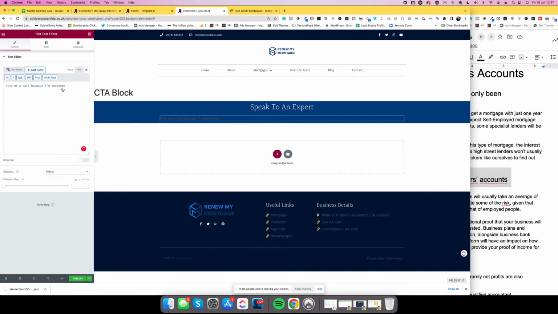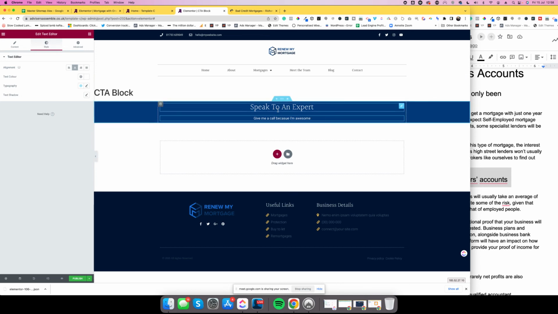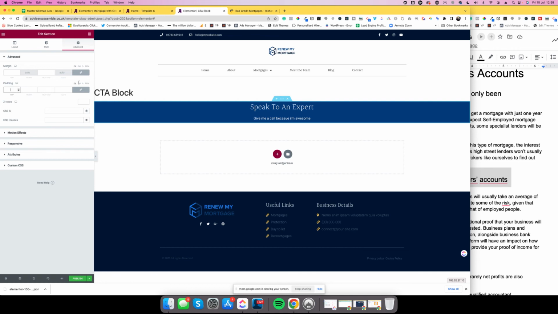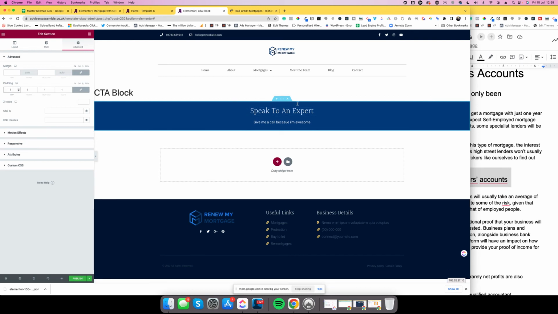You wouldn't want to say that, but just for the example, I want to make that text white. So text color, I clicked on the color thing there, just make it white, and then I can centralize that. And then I might want to put something else underneath, but I'm going to leave it as that for now. What I might want to do is click on these buttons here and advanced and put a little bit of padding in. If you use the percentage and just put like 2%, in fact that's too much, 1%, it will give it a nice bit of spacing. I'm going to publish that